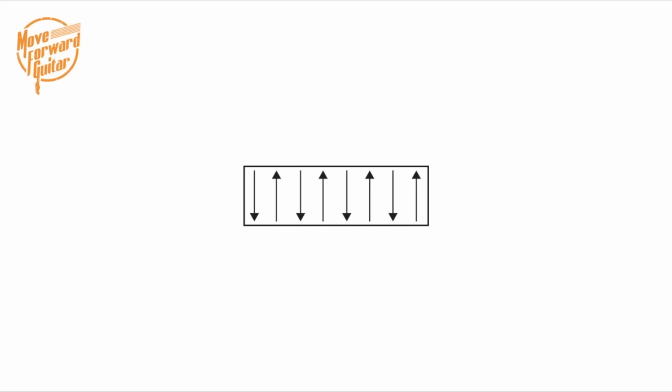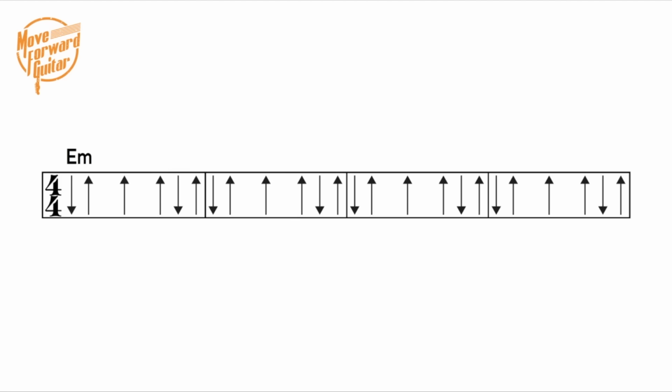So now I'm just going to go over some of the most popular combinations you can come up with. This is by no means all the combinations you can come up with, but these will be really useful ones for you to learn early on that you'll find in tons of songs or you'll be able to use in tons of songs, even if it's not the exact pattern in that song. So the first really popular strumming pattern is removing the second and the third down strum, and you end up with this. And then if we were to plug that into 4 bars with the E minor chord,